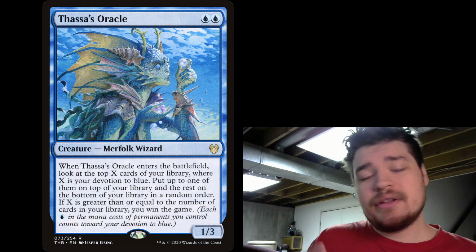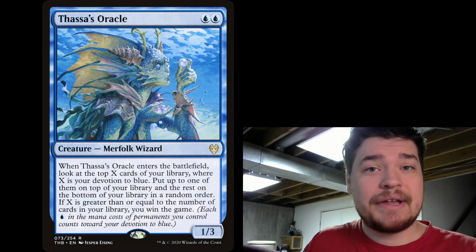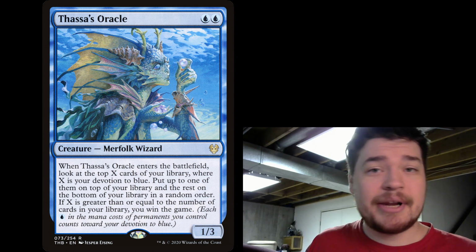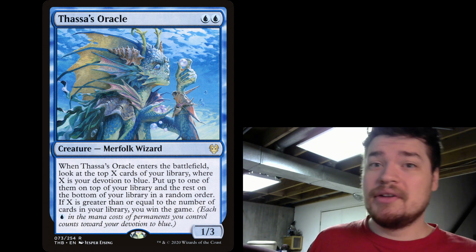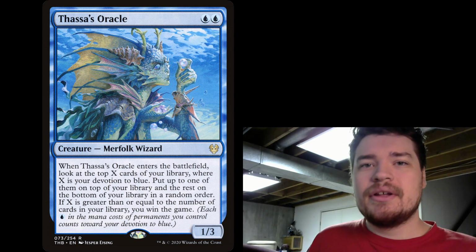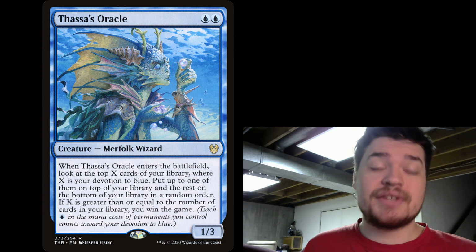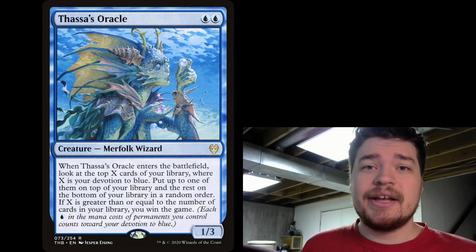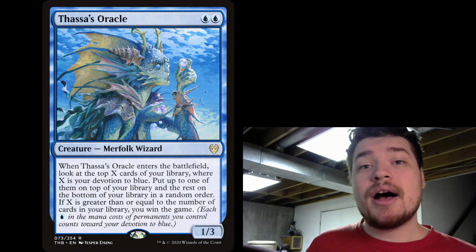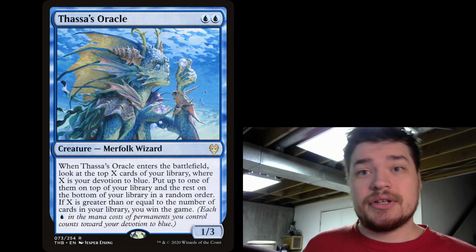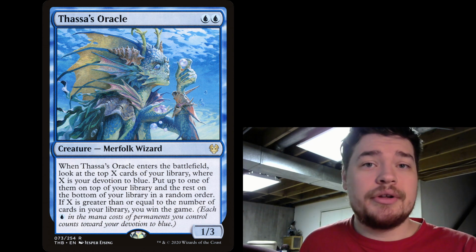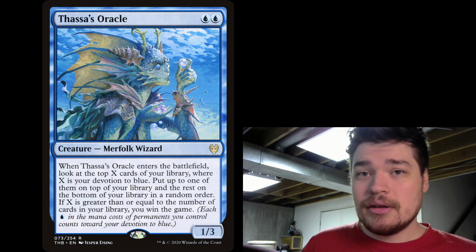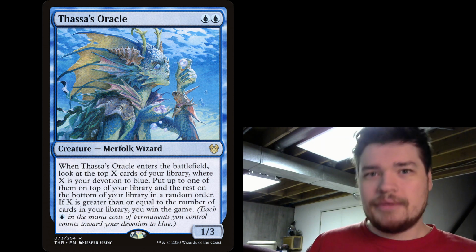And then they're forced to resolve the Thassa's Oracle Enters the Battlefield trigger, they look at the top however many cards, and they go, well, none of these are good, but I have to keep one, so I'm leaving that on top. But if you take a closer look at Thassa's Oracle's text box, it specifically states that you can leave up to 1 of those cards on top, and the rest go on the bottom. Because it's up to 1, you can choose not to leave any. And if you don't leave any, all of them go to the bottom.